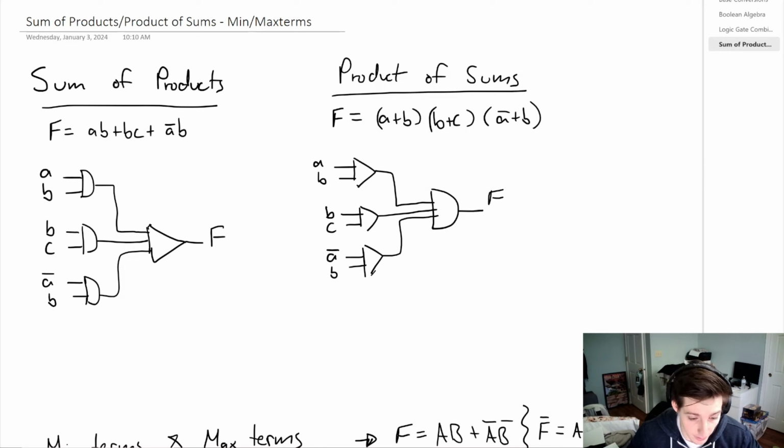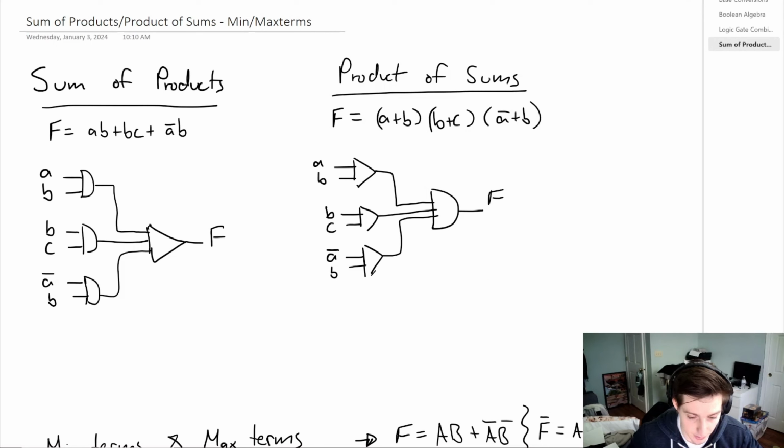Picking up on the last video where we talked about logic gate combinations, we now want to introduce the sum of products, the product of sums, and then minterms or maxterms. So the sum of products is kind of exactly what it sounds like. It is when a function is given by a sum of individual contributions, and each of those contributions are a product. Inversely, we have the product of sums, where we have a product function here given by these three terms